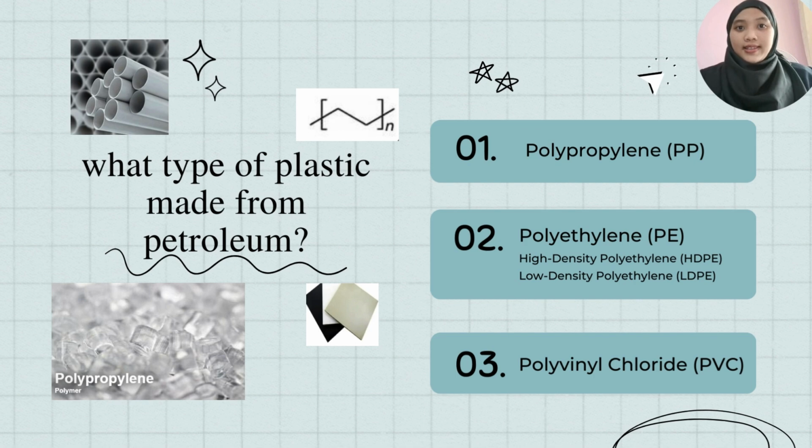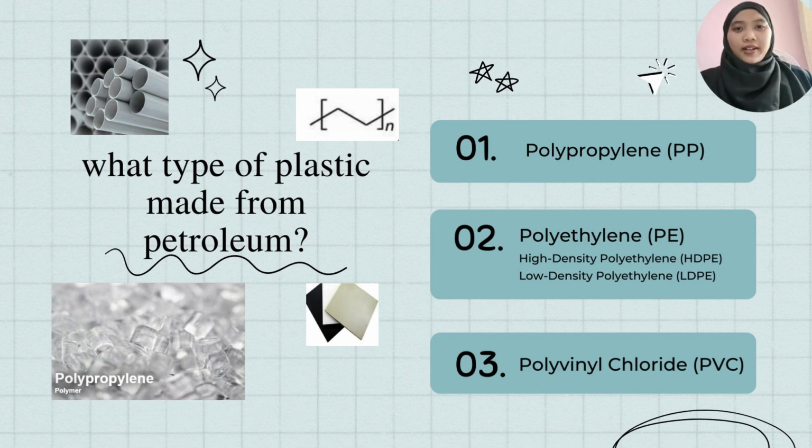First is high density polyethylene, called HDPE. It is economical and yields an efficient moisture barrier, making it the most widely used material for plastic water bottles. And the next one is low density polyethylene, called LDPE. It is often used in packaging. The third type is polyvinyl chloride, PVC. This type of plastic is used in construction and pipes because of its strength and durability.